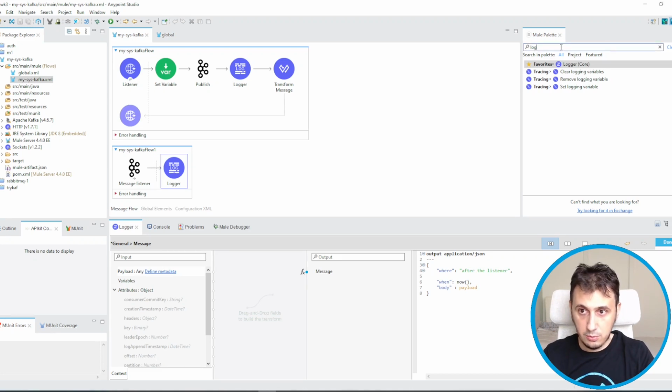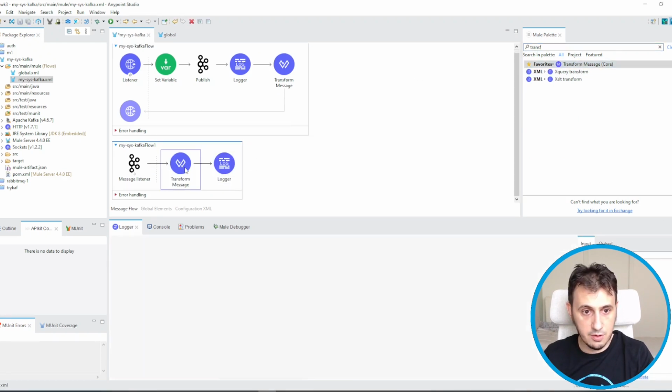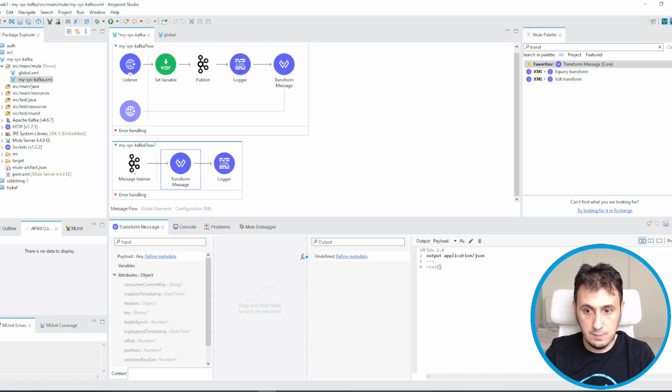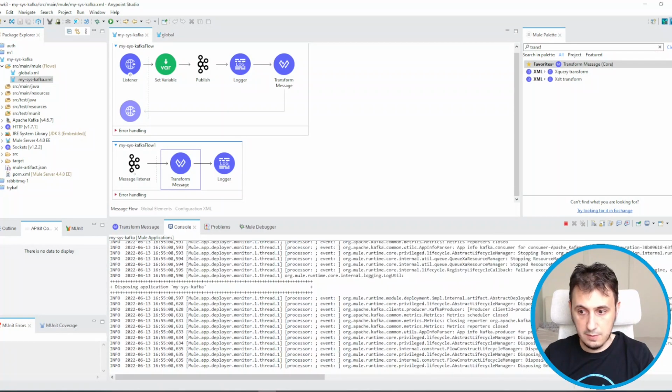Maybe I have to put a transform message because the payload is in binary format. So I insert this read payload application JSON. Let's see if everything is okay.